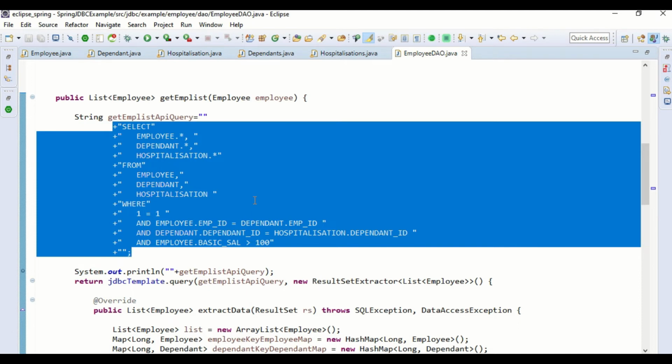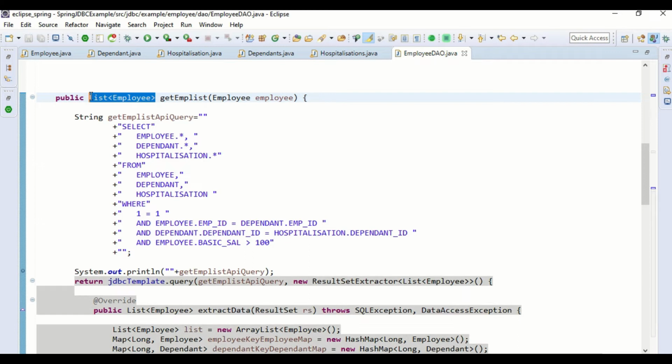Now the question is, how do we fit the output of this query into the Java object, or rather how do we populate the Java object and return a list of employees? That is the key challenge here, or rather the key learning of this video.